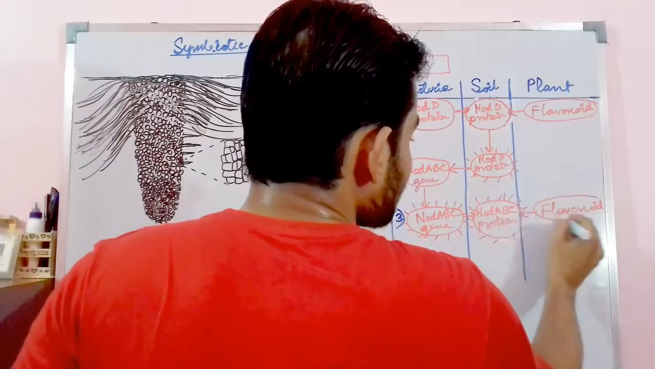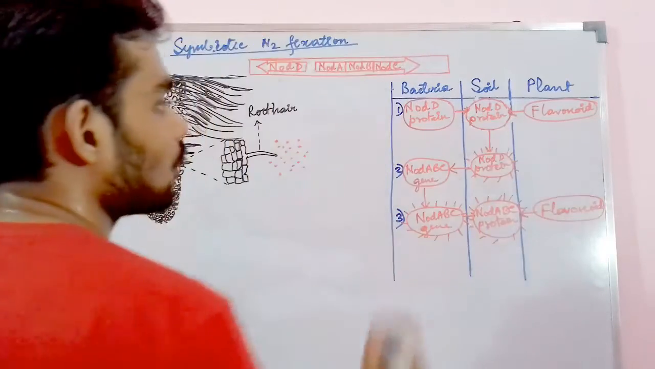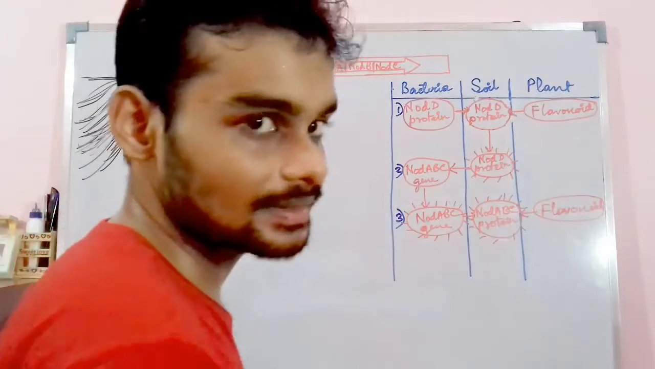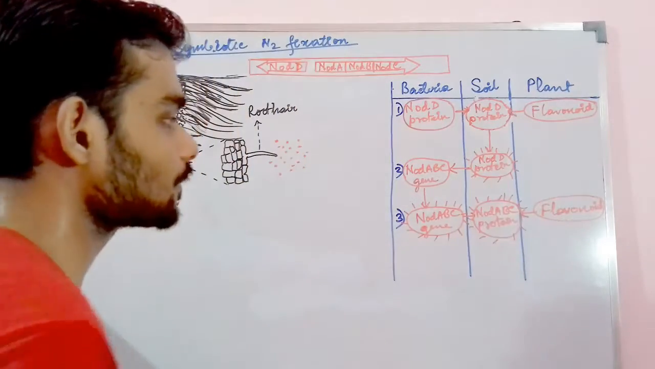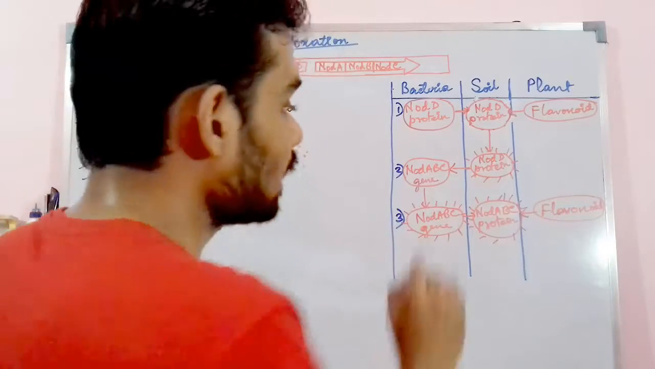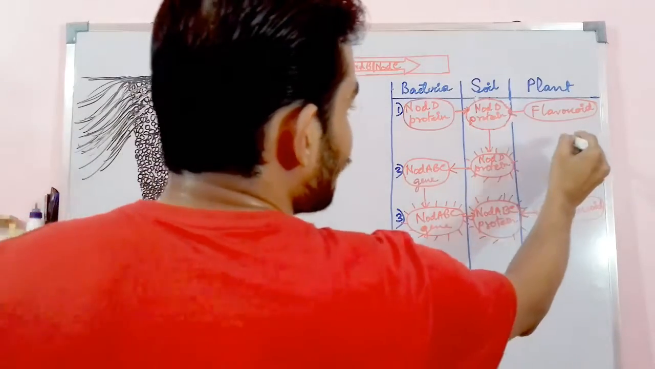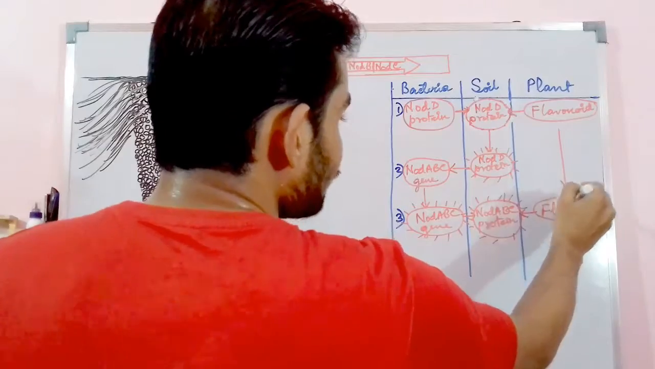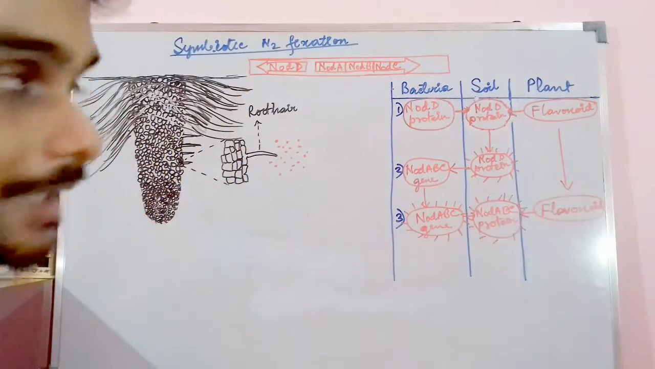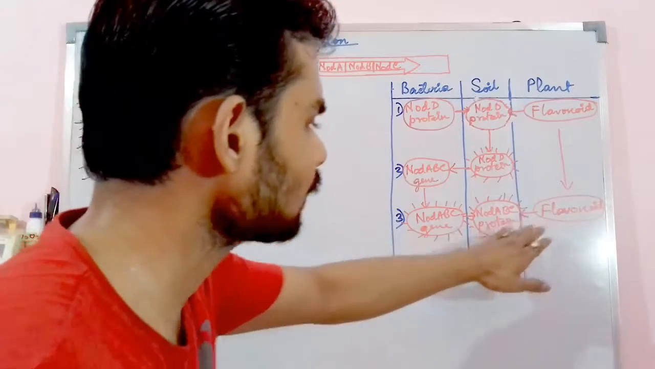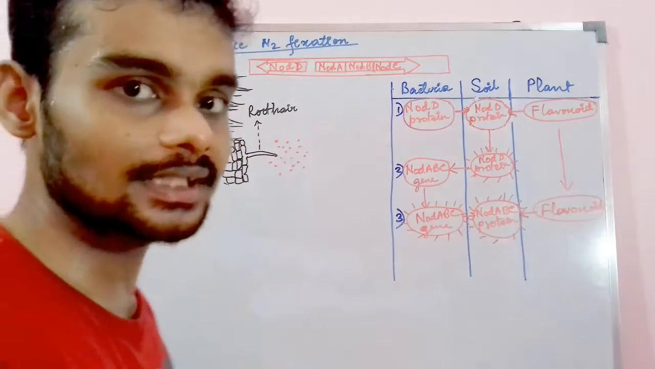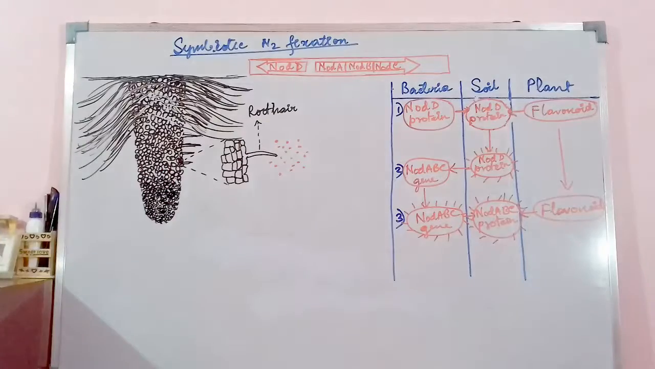With the contact of this flavonoid, in the first step, the node D protein was getting activated. In the second step, in contact with flavonoid, the node ABC activated gene, which produces node ABC protein, is getting activated again with the contact of this flavonoid. Okay, those are secretive phytochemicals or functional compounds secreted by the plant body. Now, the flavonoid activates the node ABC protein,